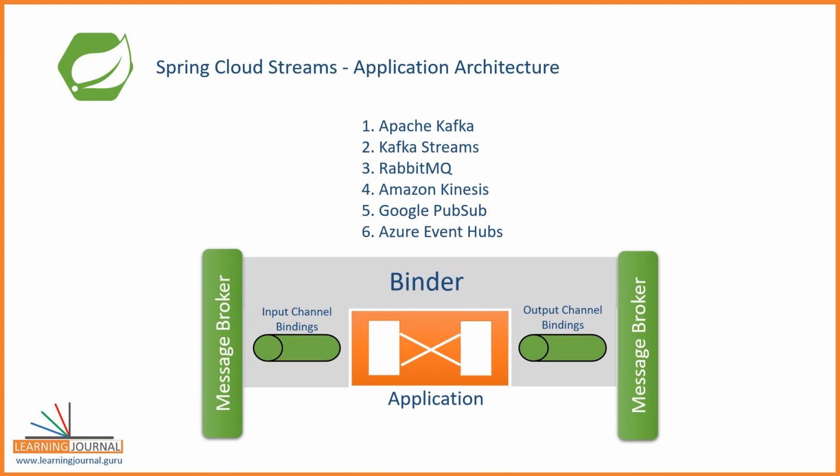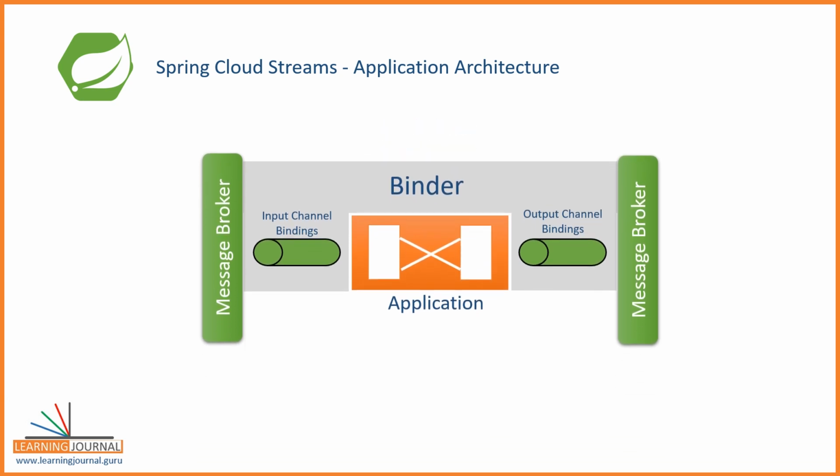The binder is responsible for the connectivity and routing of messages from the respective messaging systems. They are also responsible for data type conversions and few other things. But the most essential feature of the binder is this. They will collect the incoming message events from the messaging system, do the necessary data type conversions, call the user code, and pass each message to you for processing. Similarly, they'll take up your outgoing message events, do the necessary data type conversion, and send the message to the underlying messaging system. The point is straight. Most of the headache of interacting with the messaging system is taken care of by the binder.